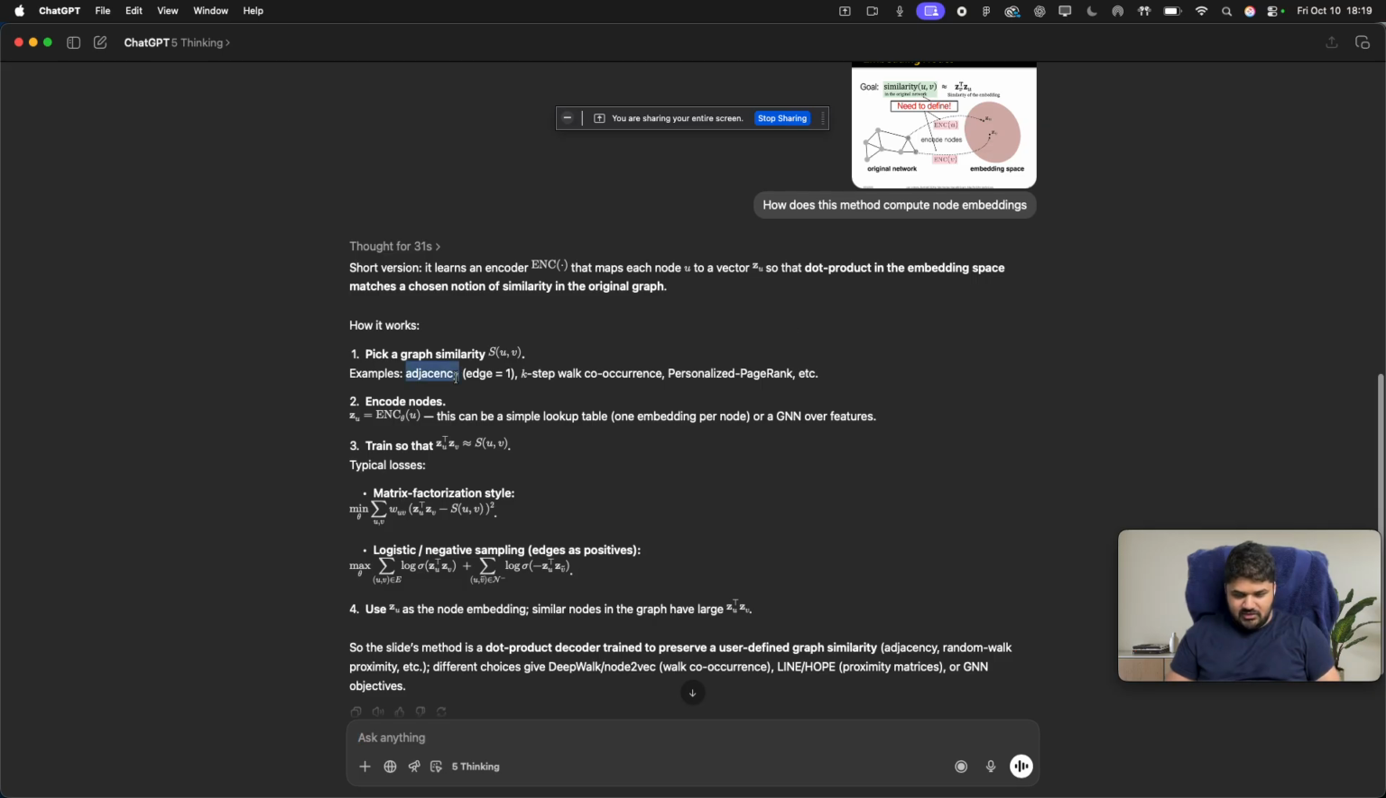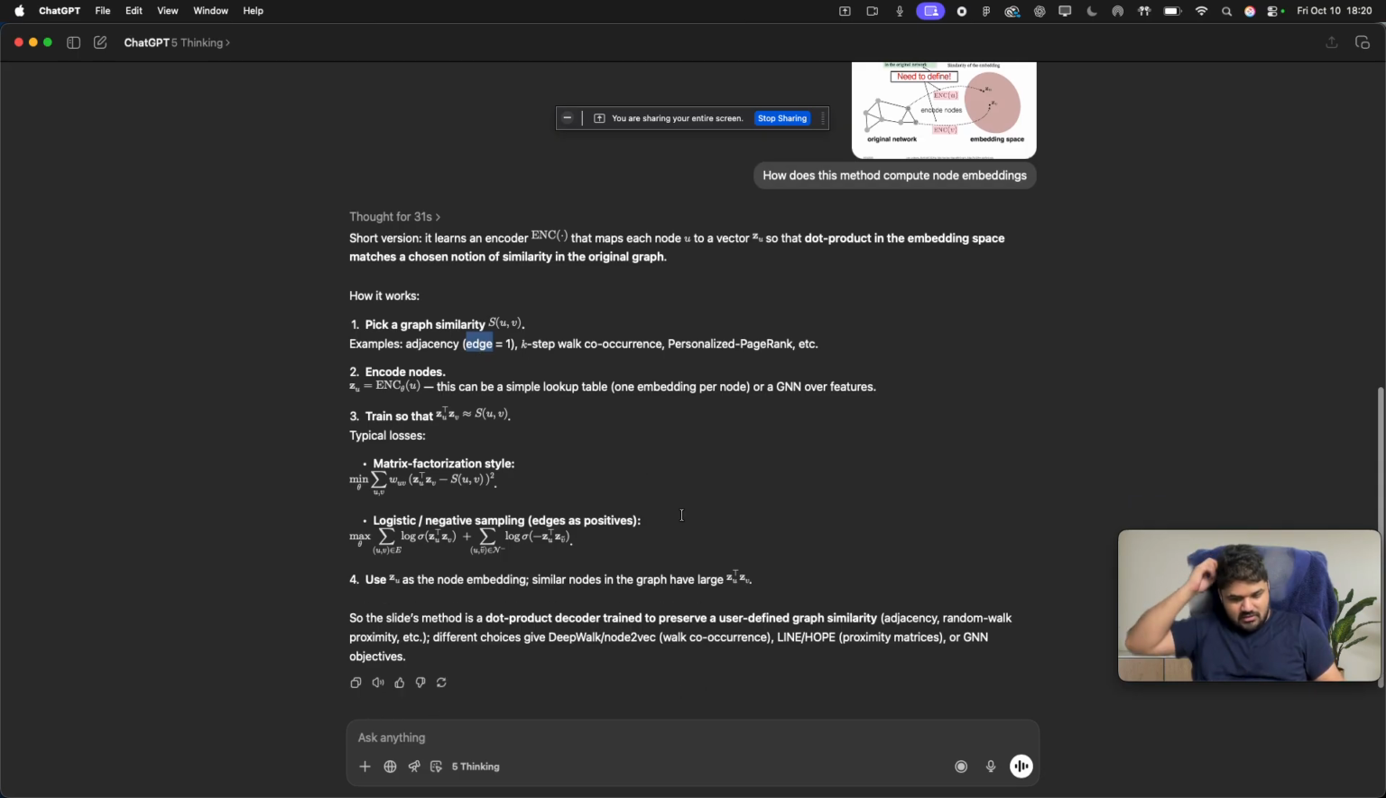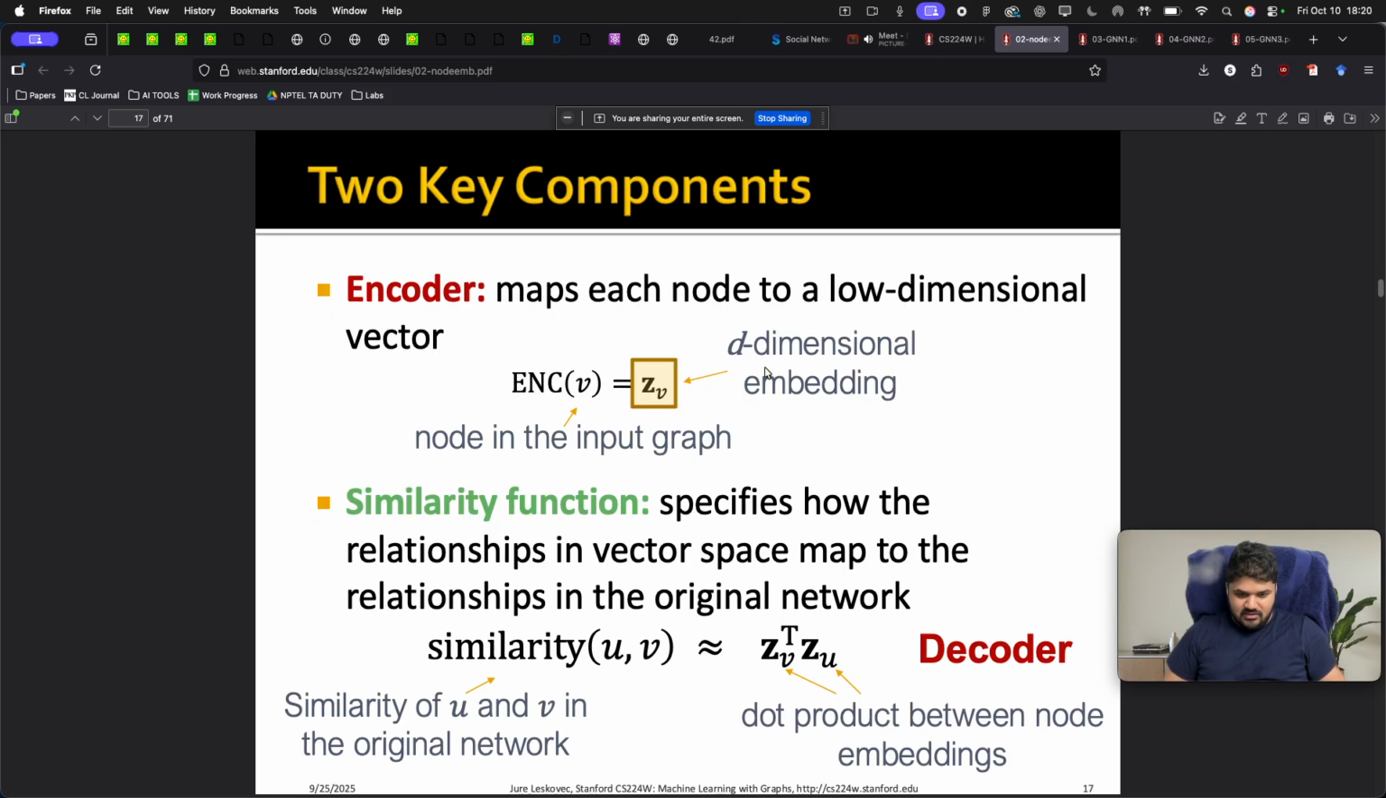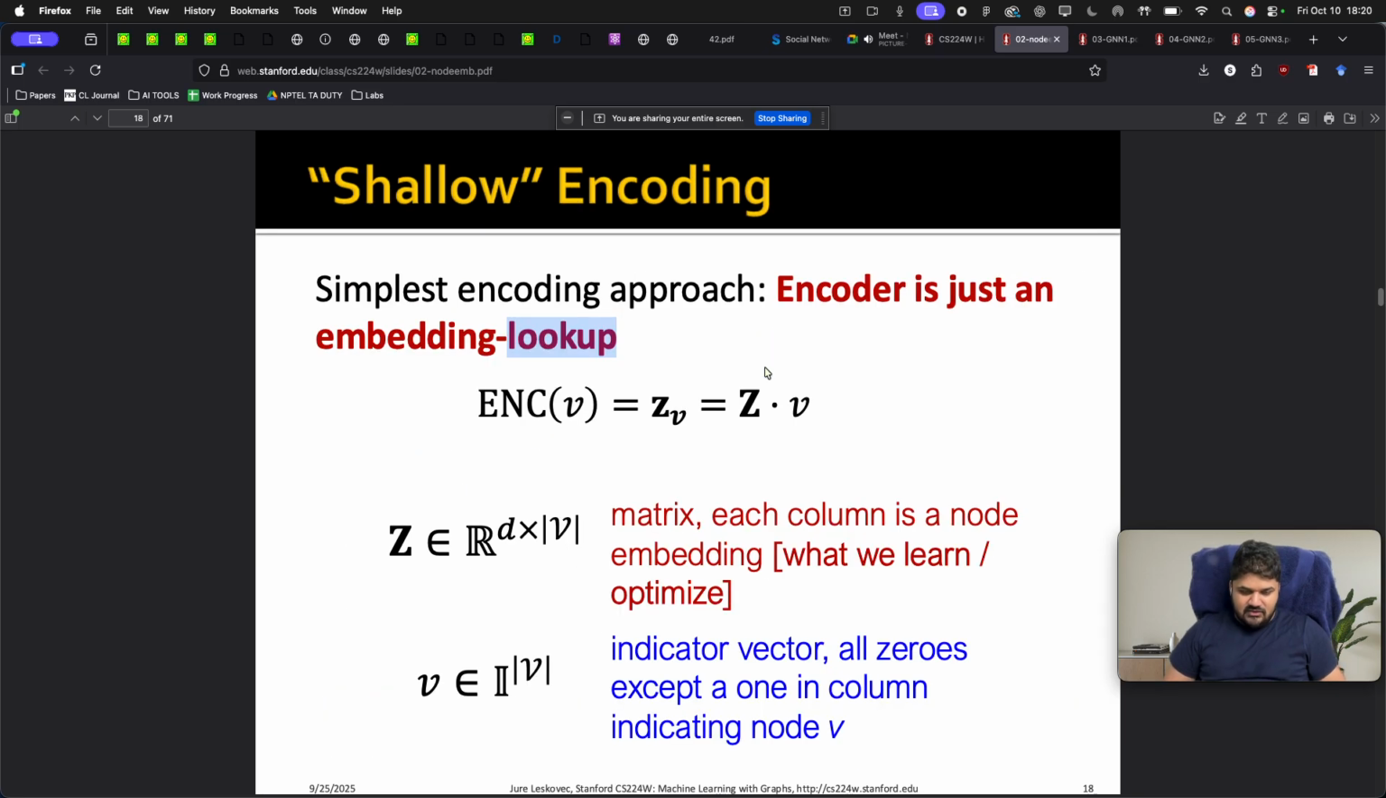Similarity, assuming there is an edge, equals 1. So if an edge exists, the similarity is 1. If an edge does not exist, the similarity is 0. So assume that, you can frame it that way. But there's another way: if two nodes are joined by one hop, you assume the similarity is 2, and then you train it to be close to 2, and that's how you learn the embeddings. And you create a matrix, and basically this V vector is your